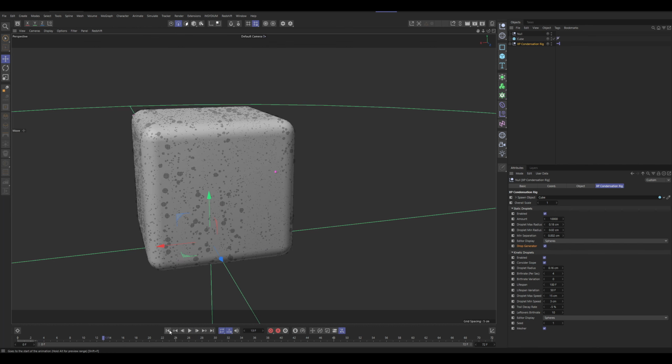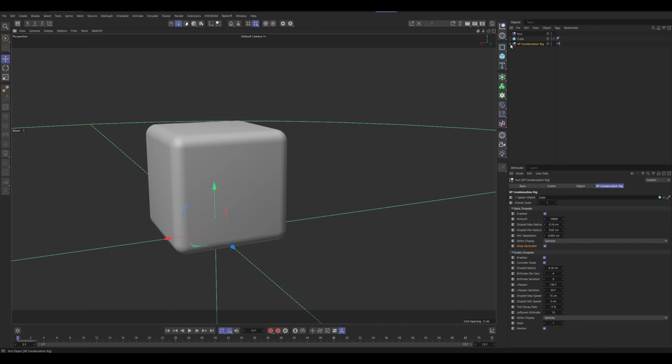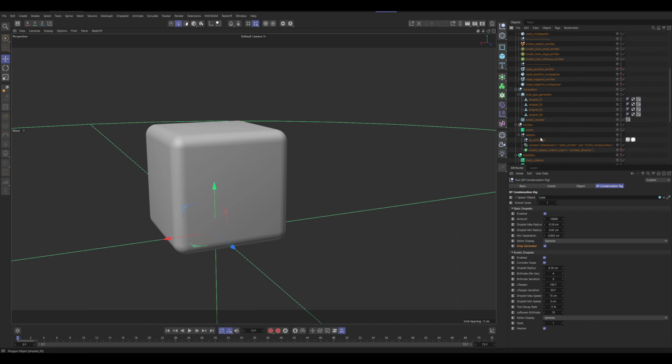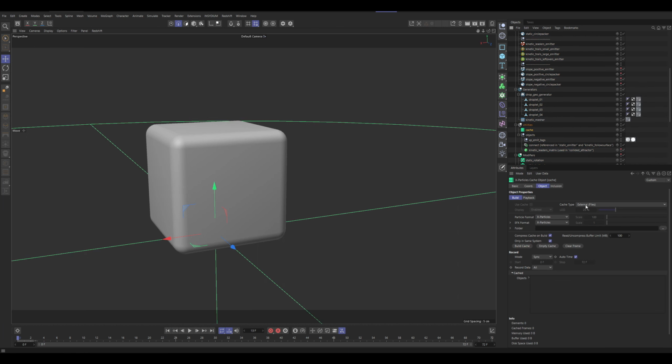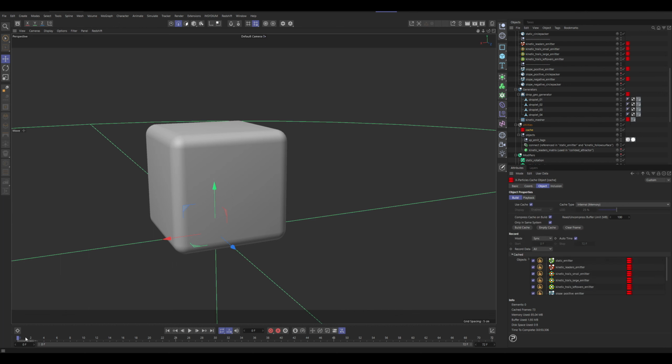Let's say the look of the condensation is good with me. Next step is to go and cache it. So I'll go to the cache object. I'm going to set it to internal so it's stored in the file. And I'll hit build cache. Okay, now that that's cached,